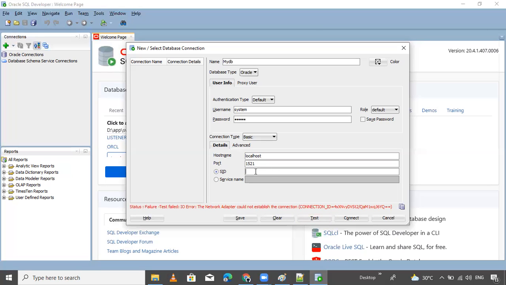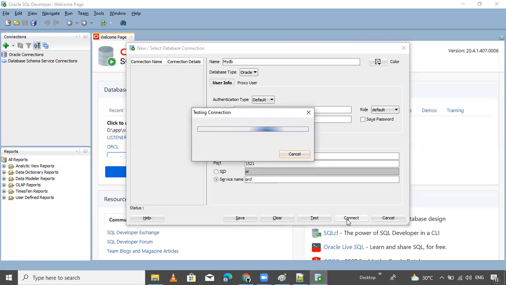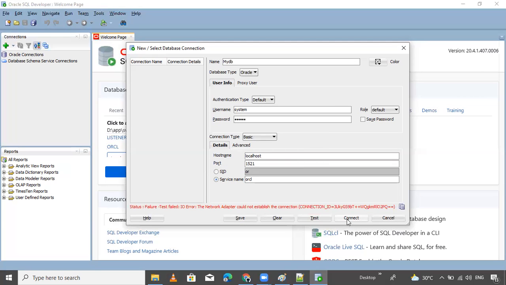Why? Let's see. I want to check. One minute, actually. It's not connecting here. I think there's some problem with the installation process. The password is system. Basic: I want basic.